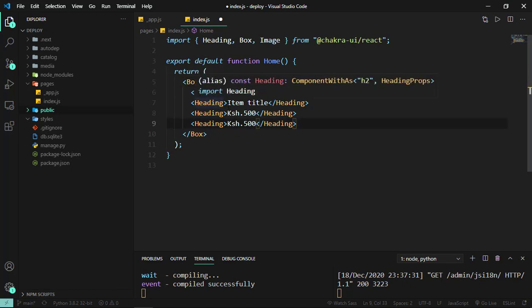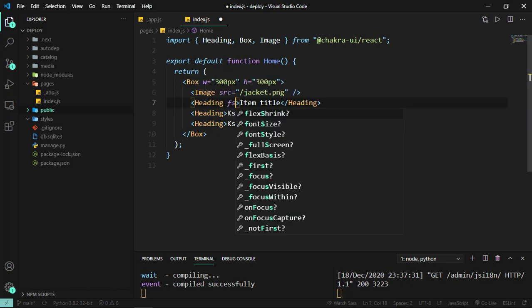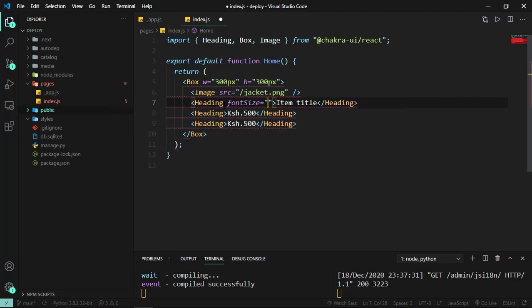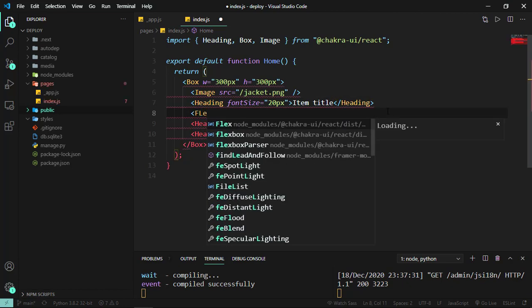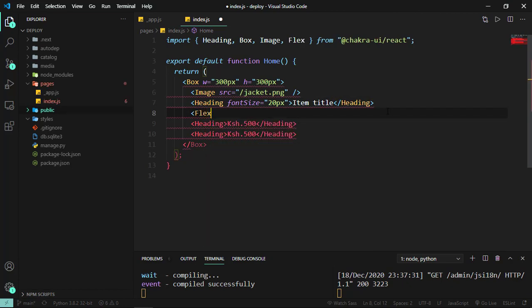And the heading, I'll do a font size of about 20 pixels. Now the idea is we'll have a discount price and the original price, so that will need to wrap inside Flexbox, and we can import the Flex component from Chakra UI,